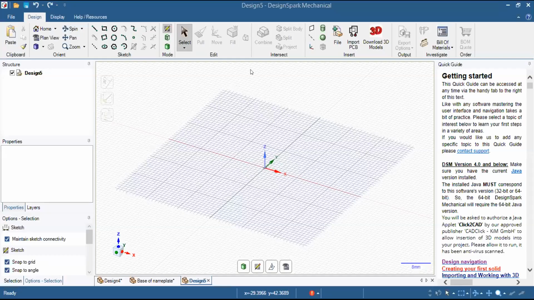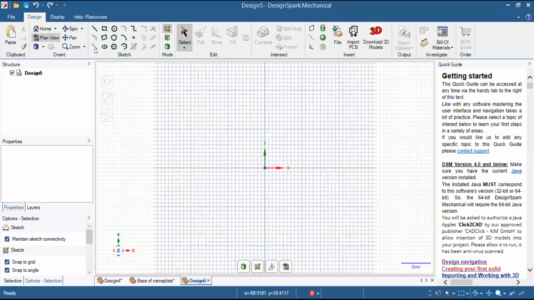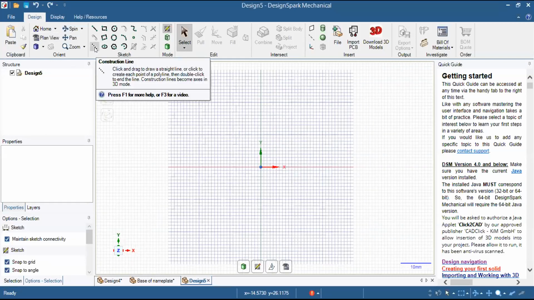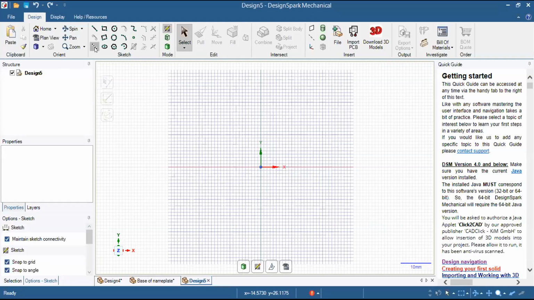So what we are doing now, this is a new workspace. Now I will be explaining the mirror command, and that too very slowly, because this is really a useful command. First we will go to plain view like this. Simply what we are going to do is select a construction line. I have left clicked and drawn a construction line like this.